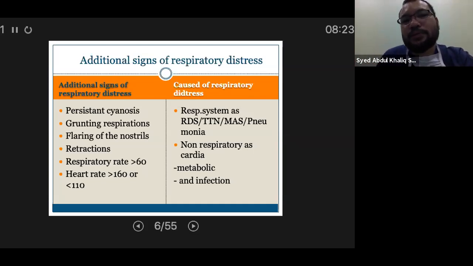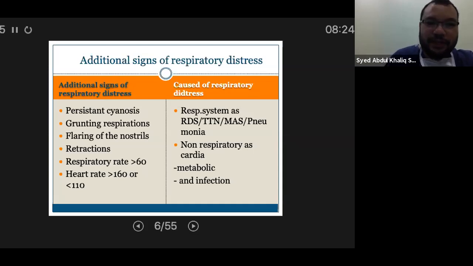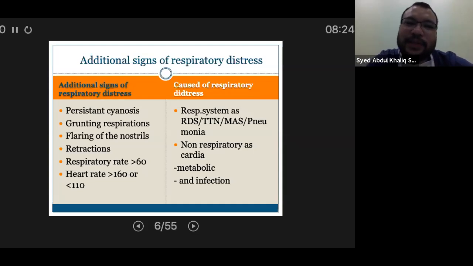So grunting respiration. And then nasal flaring, you can see chest retraction, subcostal recessions, all those recessions lah, subcostal, intercostal, suprasternal, and things. And then you look at the respiratory rate as well. You need to remember that in newborns, the normal respiratory rate is maybe up to 60. So if there's tachypnea, the respiratory rate may be more than 60, and then tachycardia as well, or bradycardia as well. Among the commonest causes for respiratory distress is actually transient tachypnea of the newborn.